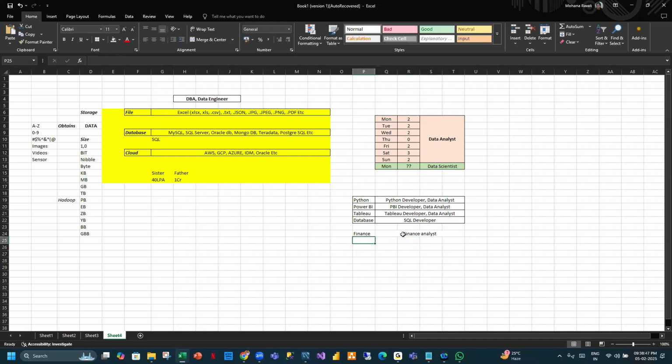If you're working on credit card data, then you're called credit analyst. If you're analyzing fraud, any fraud, then you're called fraud analyst. Got it? All these depend on the data which you're working on.